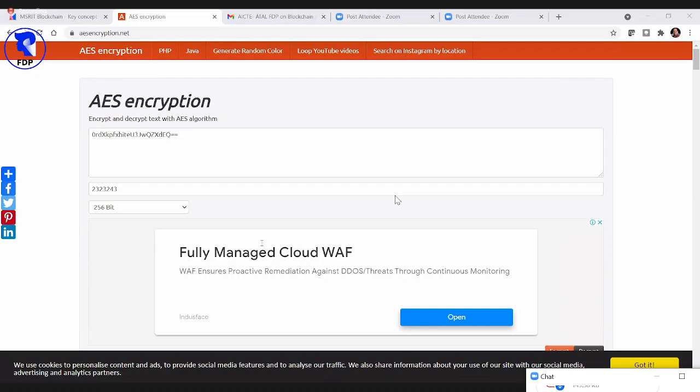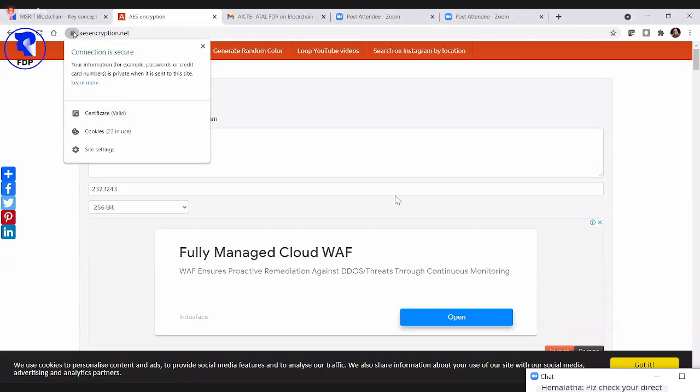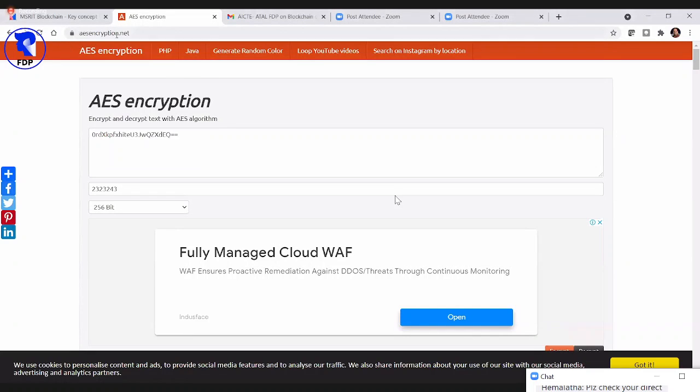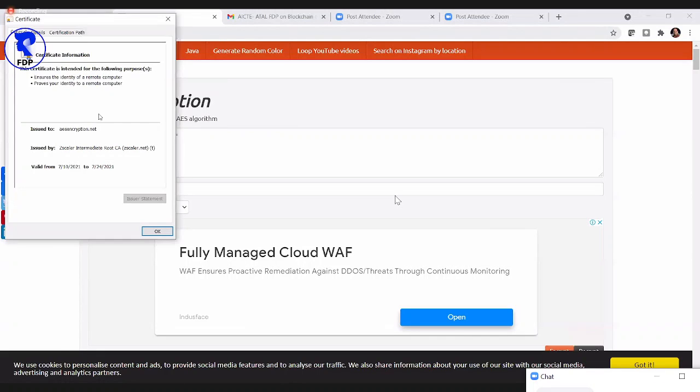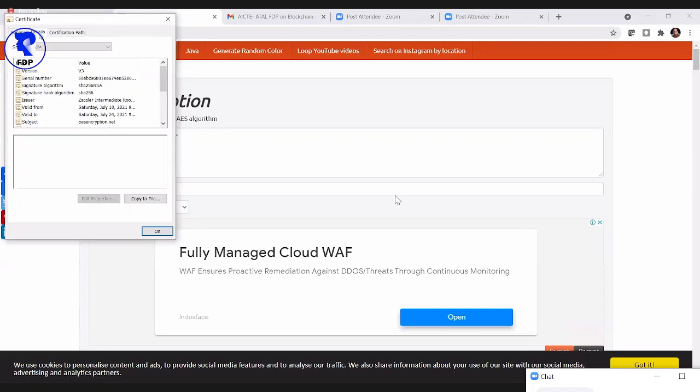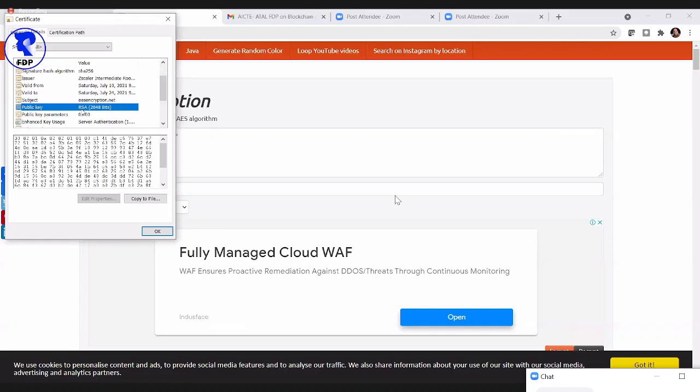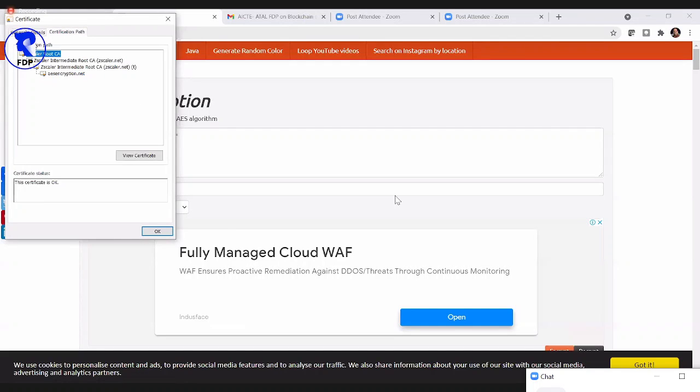Okay, so I hope you can see my screen, the web application. So I can choose anyone. When you look at this lock symbol on the web page, you will get the certificate details. No need to worry, I will be explaining this in tomorrow's session. If you look at the details, you will see the signature hash algorithm. You'll also see the public key which is used, which is RSA, and this particular certification path which